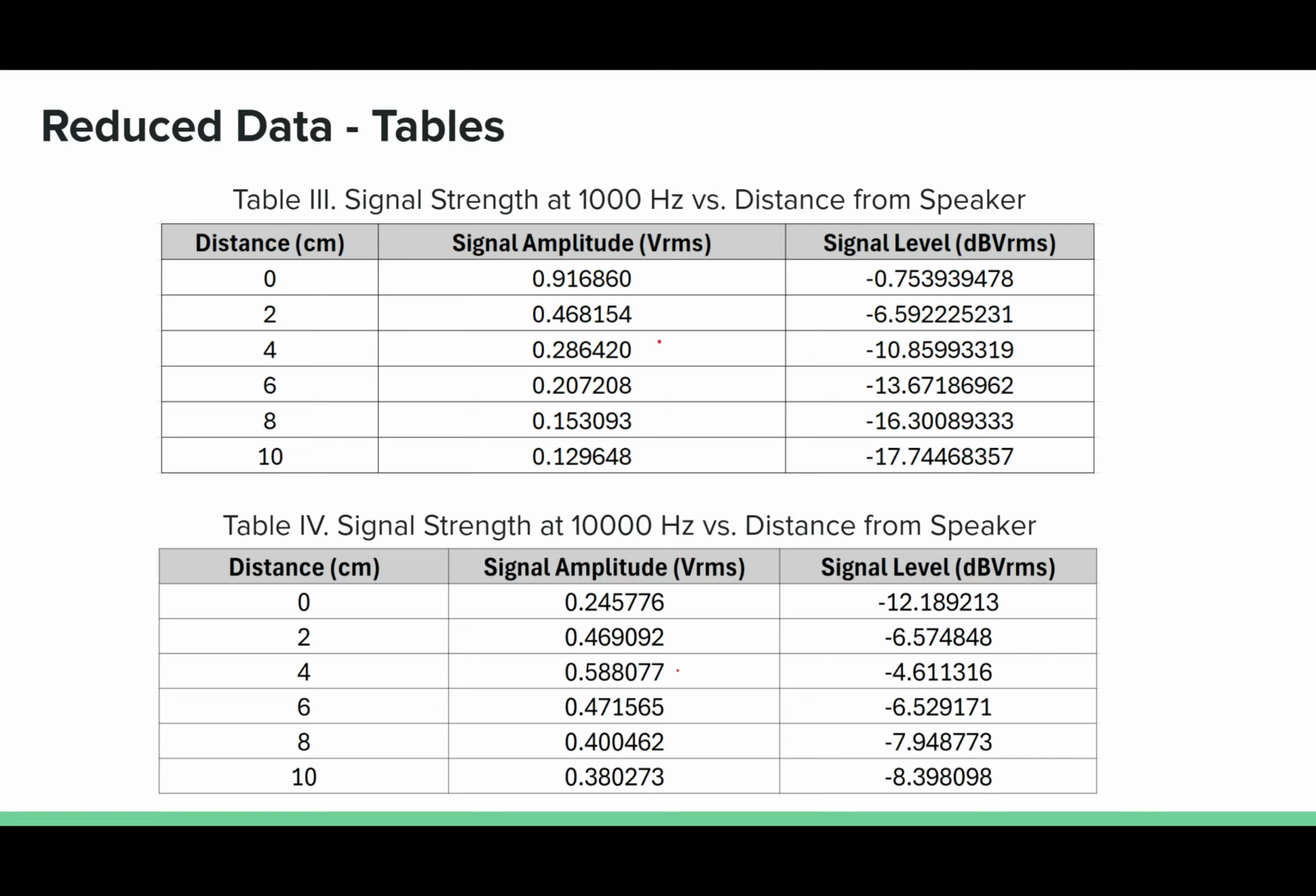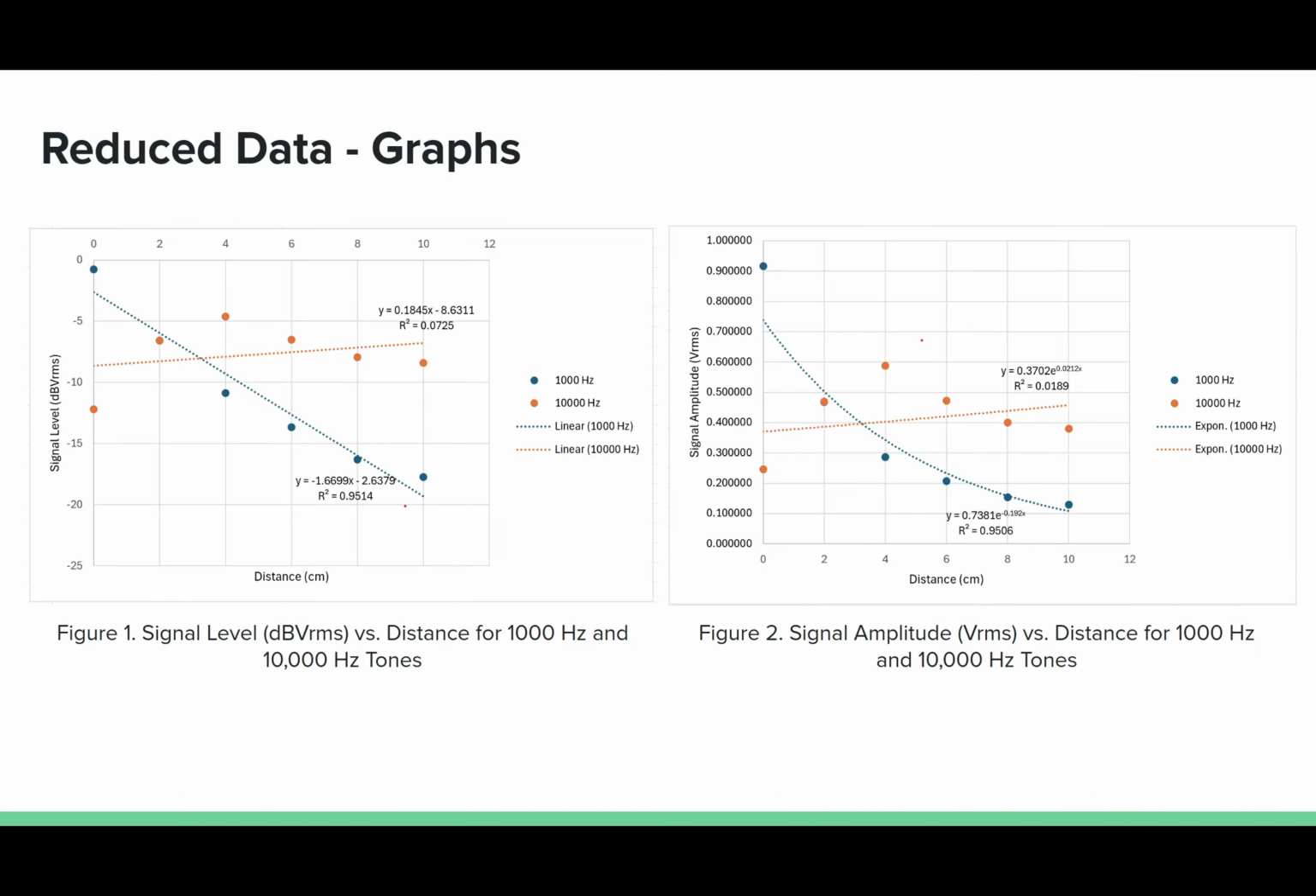So here are tables 1 and 2 showing the VRMS and the dBVRMS values for the 1000 Hz and 10,000 Hz tones at each distance. You can see a clear and consistent drop-off in signal strength for 1000 Hz, while the 10,000 Hz results are more erratic. Figure 1 shows the signal level in dBVRMS for both tones across distance, and the